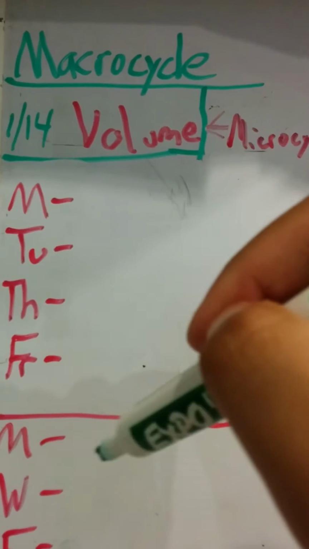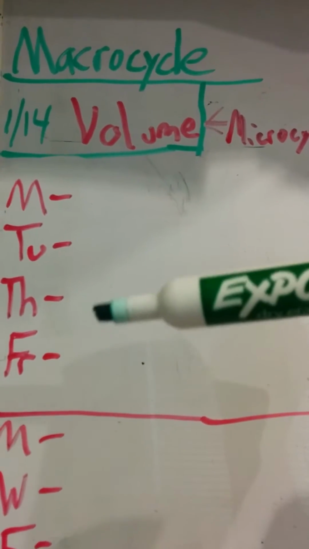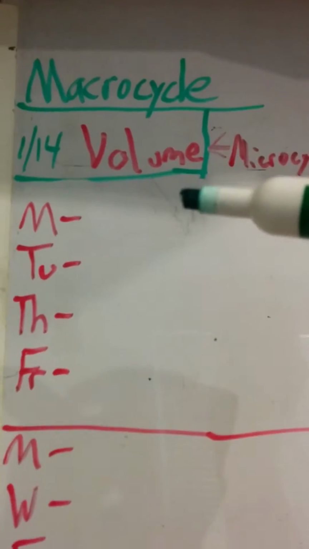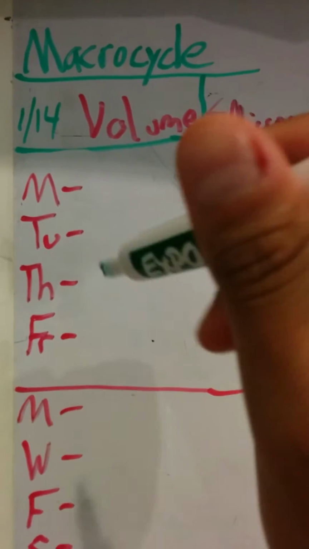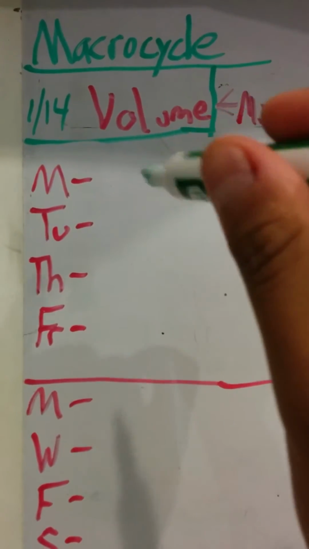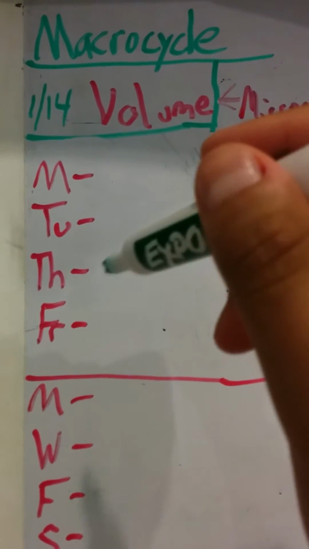So we did that in the first video, showing how to work backwards from the competition week, putting in your taper, your peak, your strength blocks, volume blocks, all that. So now we're working on an individual week. And so the goal of an individual week should be trying to get all your training in while focusing on recovery,